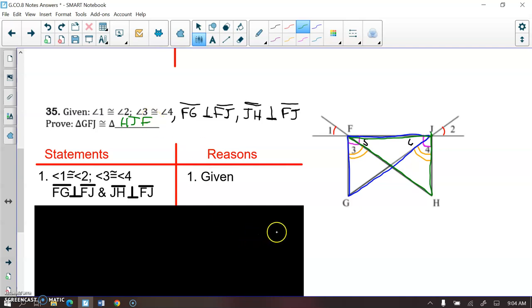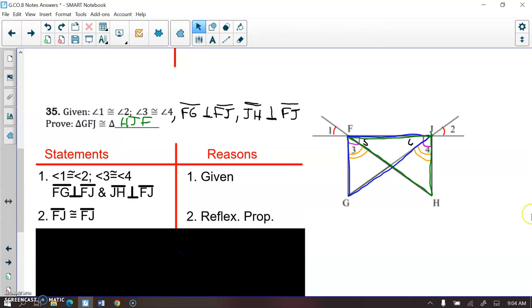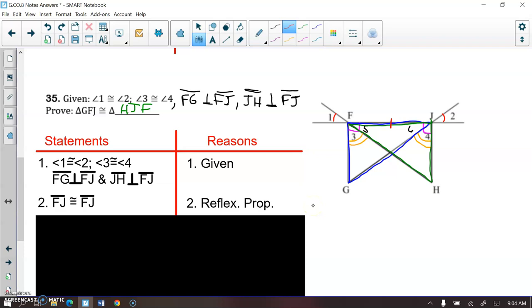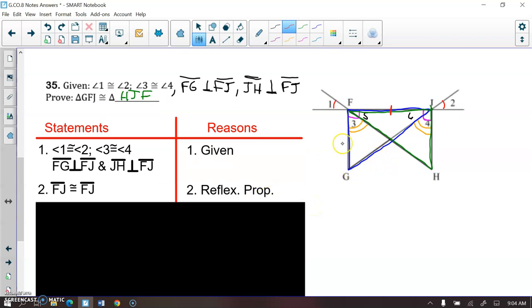Okay, let's get started. So for this one here, I can use the reflexive property right away. I can say that FJ is congruent to itself. Okay, so right now in these two triangles, I have a side length congruent. That's all I have right now. I also have these two angles are right angles, which you might be thinking HL. However, in order for HL to happen, we would need to prove these hypotenuses congruent, which is highly unlikely. So I don't think we're going to be using HL. Instead, we're going to try to prove angle 5 congruent to angle 6 to use ASA